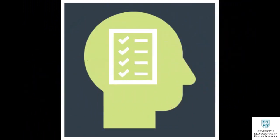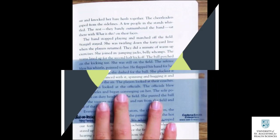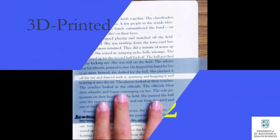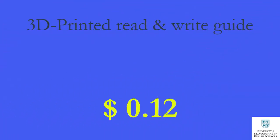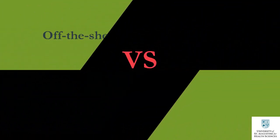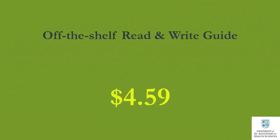For example, after you complete a clinical assessment on your clients, you determine that they will benefit from a read and write guide assistive device. Do you know that the average cost to print a read and write guide assistive device using a 3D printer is 12 cents, whereas the average cost of an off-the-shelf read and write guide is